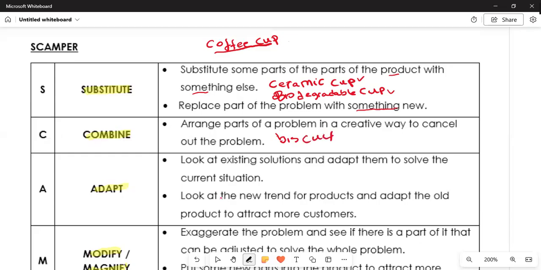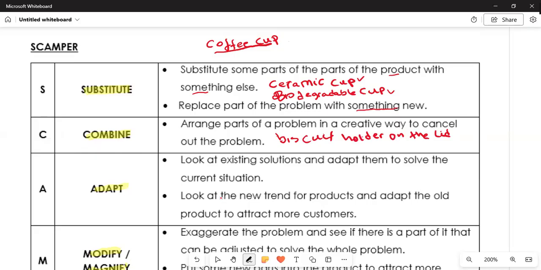So here, we are going to combine our coffee cup with a biscuit holder on the lid. You see? So we are combining here. We are not replacing like when we are substituting. We are combining. So we combine this coffee cup with a biscuit holder on the lid so that